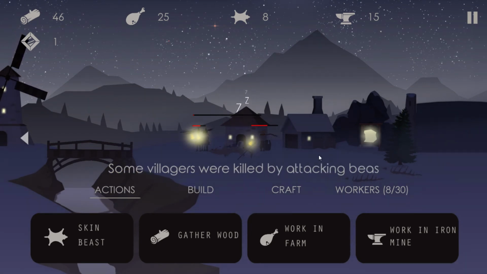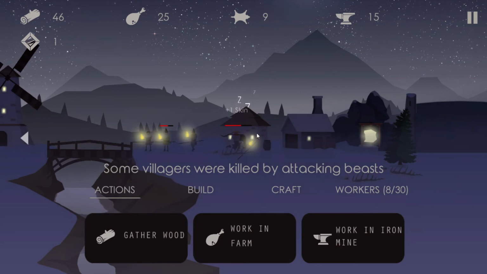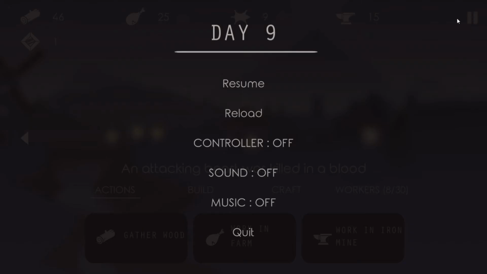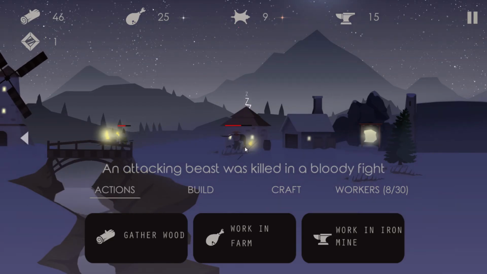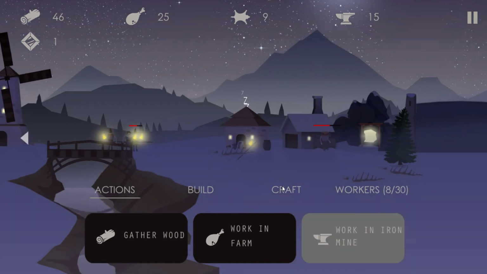Yes. It's very loud, by the way. There shouldn't be any sounds because I have no sounds in the game, right? I don't. Yeah, it's off. But you still hear stuff. It's weird. Okay. So I can make him work in iron mine, and basically I think we need now